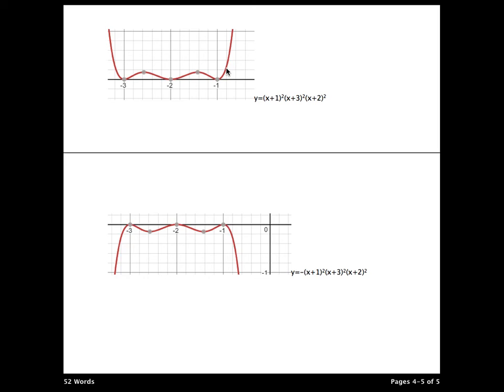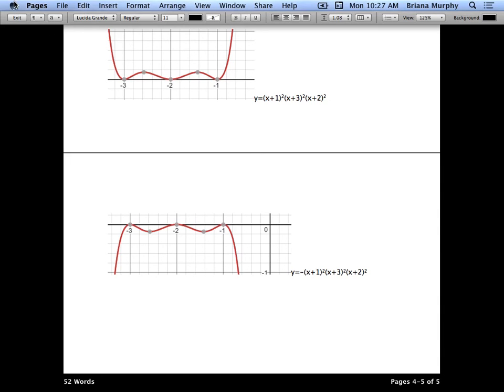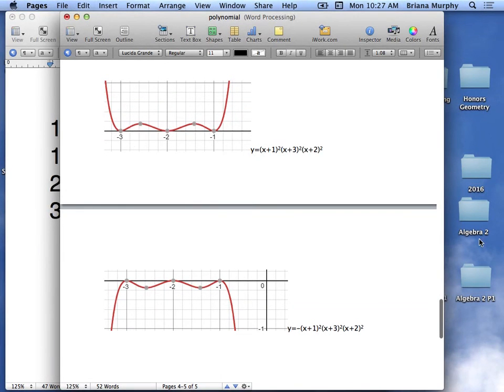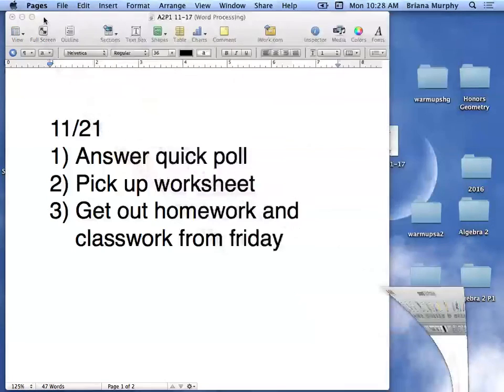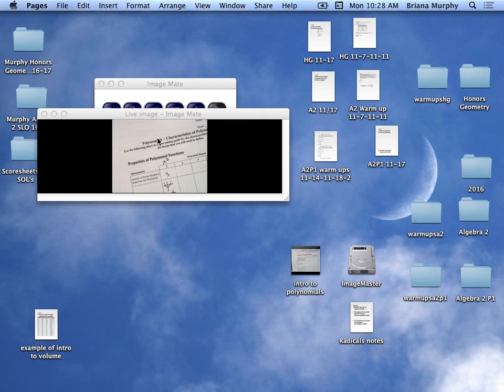And now you should be able to do your homework. You have the roots. You can figure out the roots by setting each part equal to 0 and finding it. And then you should be able to tell, using this chart, where it's going to change directions. So you have the rest of the hour to finish up this chart or work on your